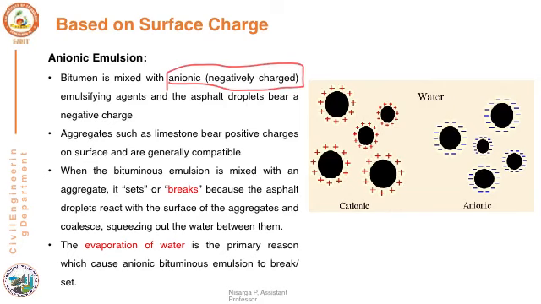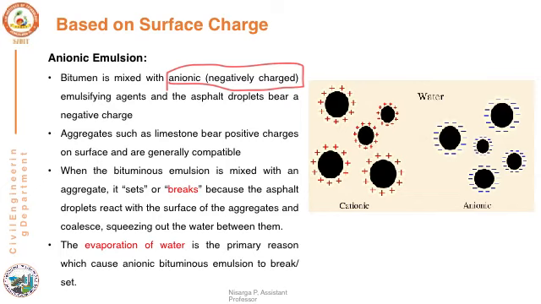So generally here, whether the bitumen emulsion we are manufacturing is anionic or cationic will be decided based upon the emulsifying agents that you are using to prepare the bituminous emulsion. If the emulsifying agent is anionic, or possesses negative charges, such emulsions are called anionic emulsion. The use of a particular type of emulsion depends upon the type of aggregates